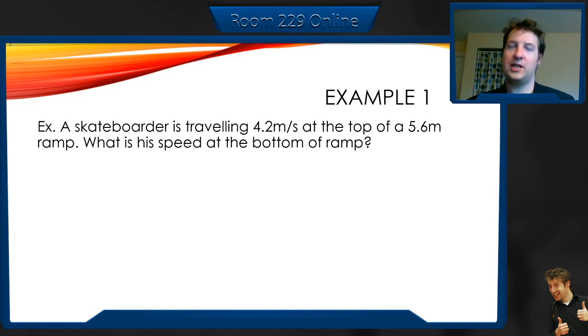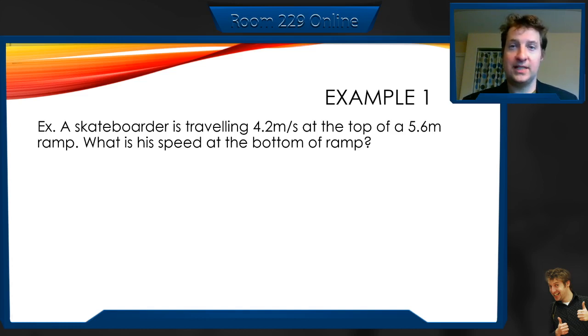It worries about the shape of the ramp and all kinds of stuff, like how far it had to go in the X direction, the Y direction, and it's a very complicated process. But now that we have an understanding of energy, it becomes a very simple state-based problem. What I mean by state-based is that we only care about the initial setting and the final setting. And we only look at what energy we started with and what energy we end with.